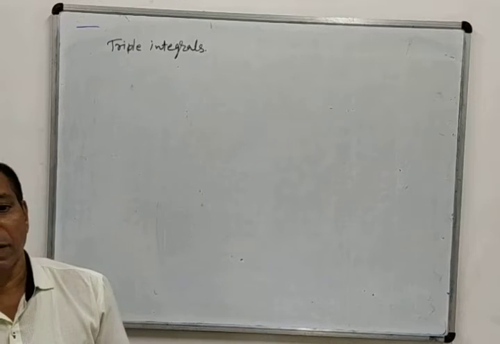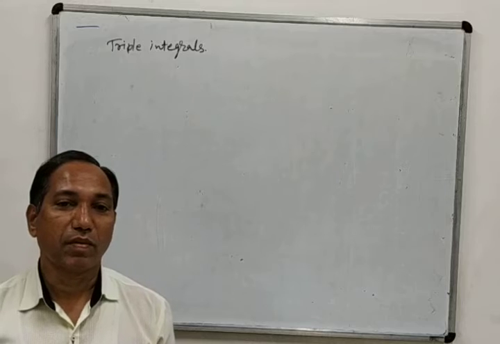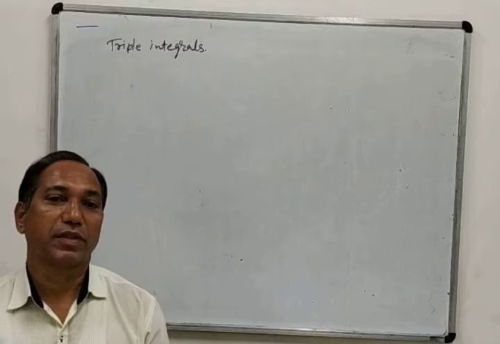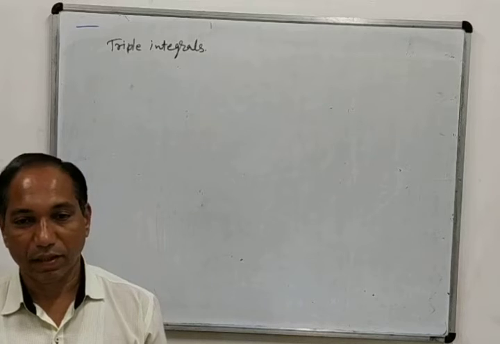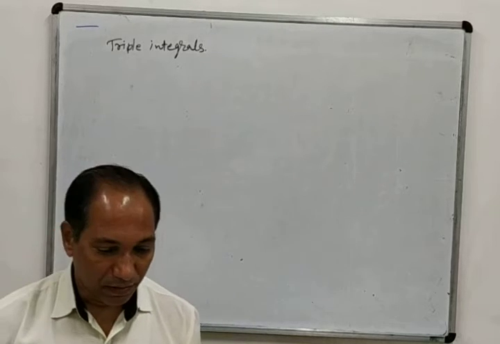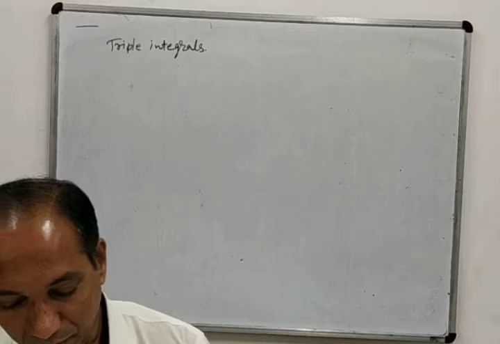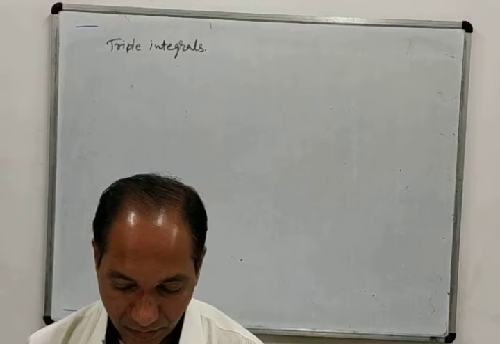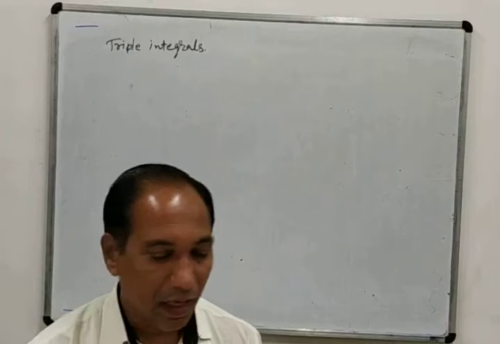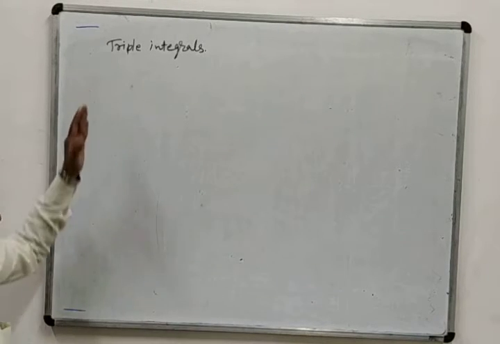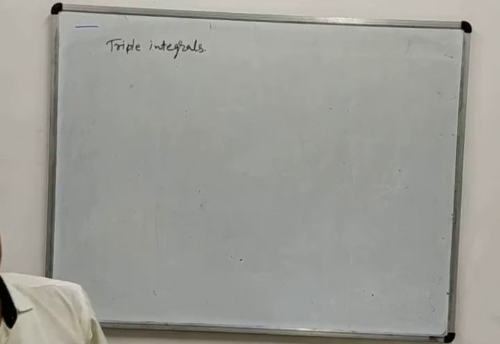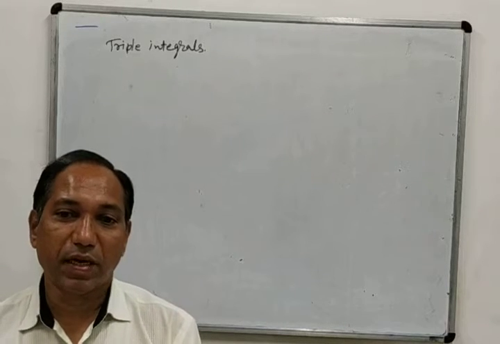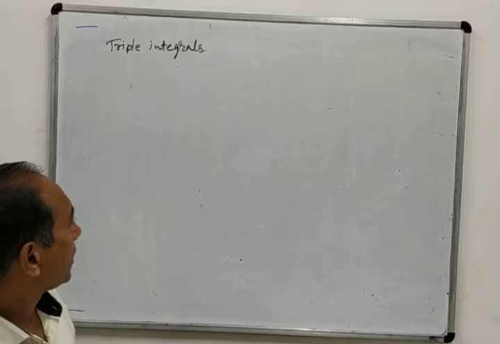Then we have seen about change of order of integration, or change of order of limit. Also we have seen the change of variables, that means other than polar coordinates r and theta. We have seen the problems, how to convert the problems in terms of u and v. Now let us see the problems based on triple integration. Here also we will have the same kind of process as we have seen for double integrals.